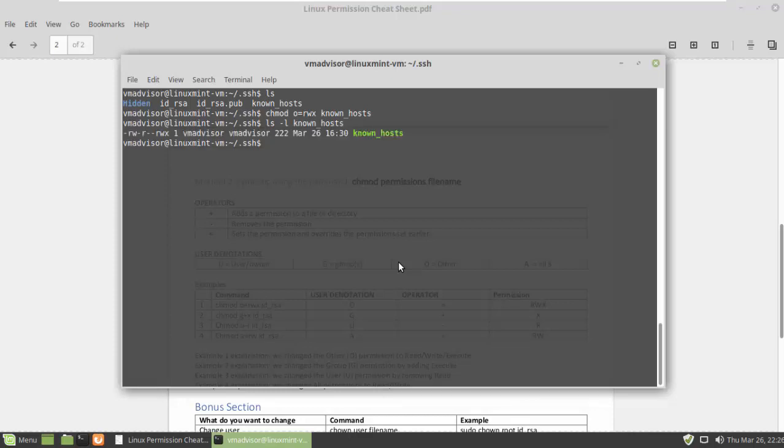As you can see here, we changed other, I'm sorry, I actually said owner, but I meant other, to read, write, and execute for this file. All right, but I made a mistake. I don't want it to actually have execute because that just doesn't make any sense. So we're going to type in chmod, do o again for other, and then minus x, and type in known_hosts. Okay, we'll go ahead and check the file. And as you can see here, we removed the